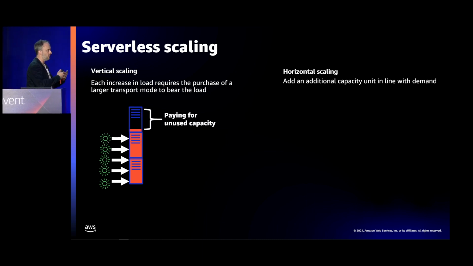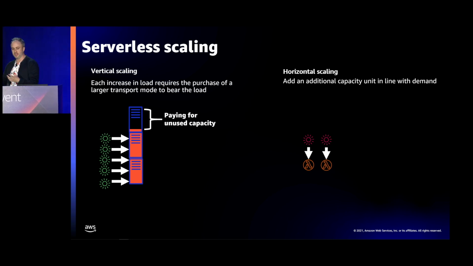And then you'll reach another point where you need to scale up again. Now, the point here is that each time you scale up, you need to keep this buffer of unused capacity so that you never kind of extend into it and your application doesn't fall over. You're always paying for that unused capacity, right? Because you pay for these things by the hour, by the year, by the month. With horizontal scaling, a Lambda function is spun up and run in response to each event. It gets its own execution environment, and it shuts it back down when it's finished running. And you only pay, once again, for the duration that that function is running.